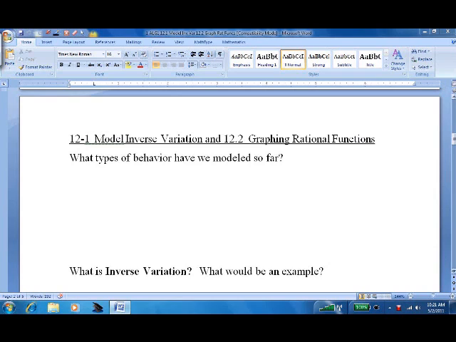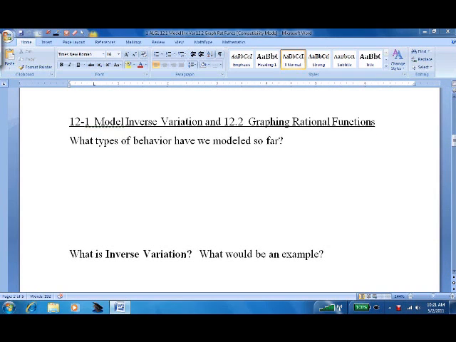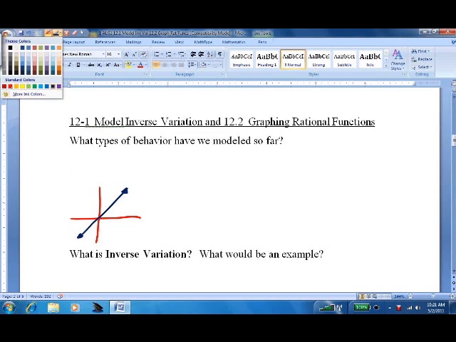All right, today we're going to talk about inverse functions and rational functions. First, we're going to review some of the models we've looked at so far. The first one would be a straight line, and in this case it goes through 0. We call that direct variation,